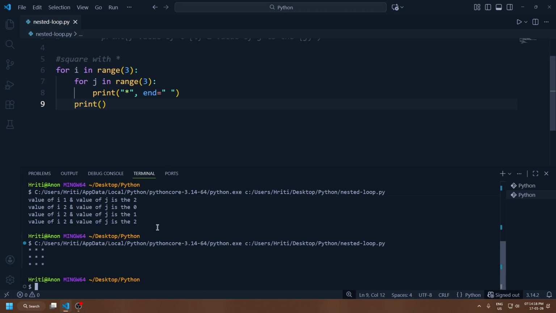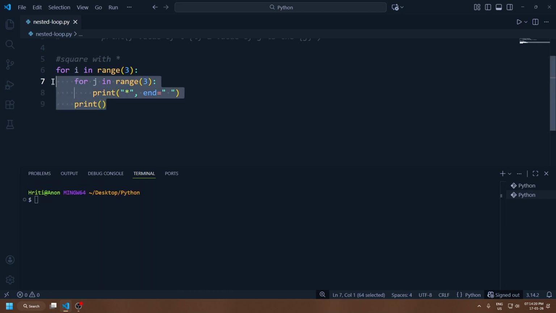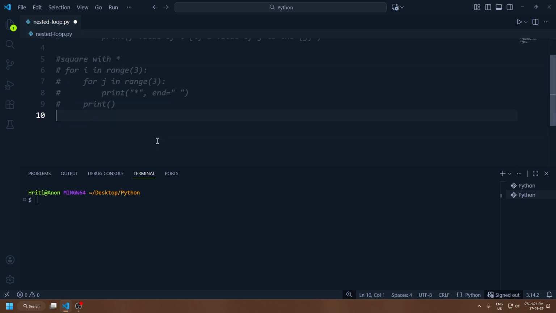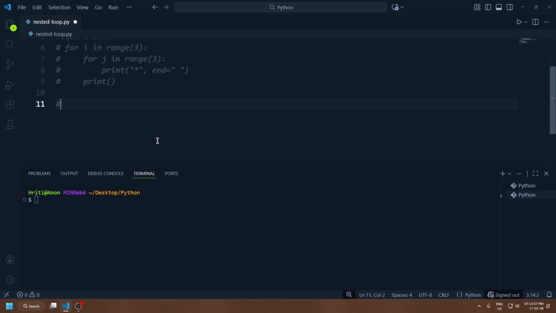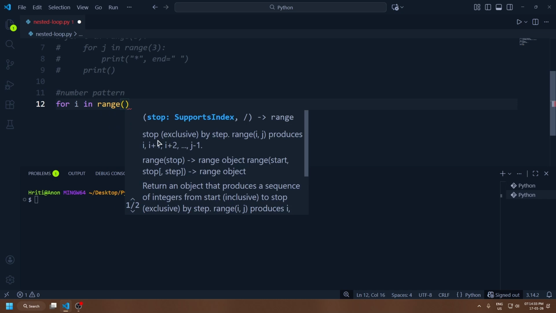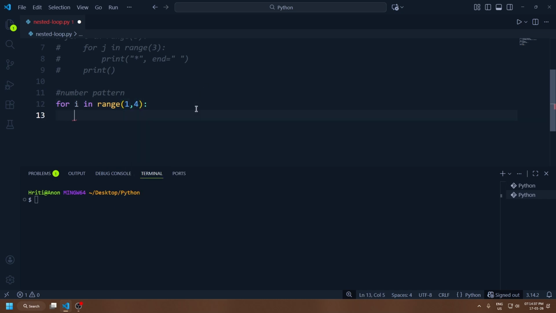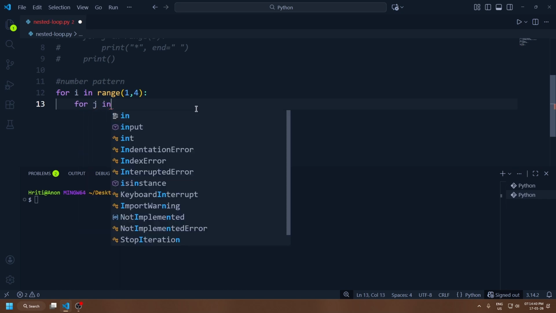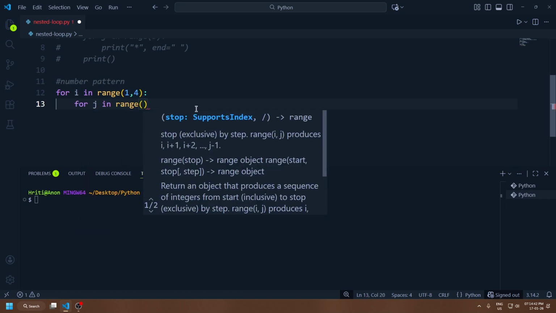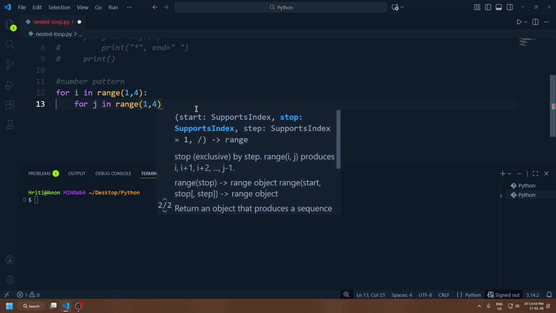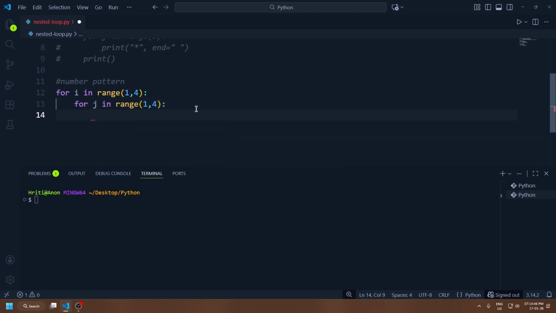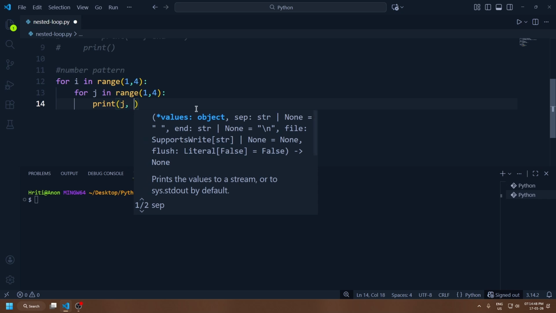Okay, so now let's write a number pattern here. I'll just comment it out and we'll write the number pattern. For that we'll write for i in range, first our outer loop, 1 comma 4, to make a loop start from 1 and end at 3, and we write like this, print j and